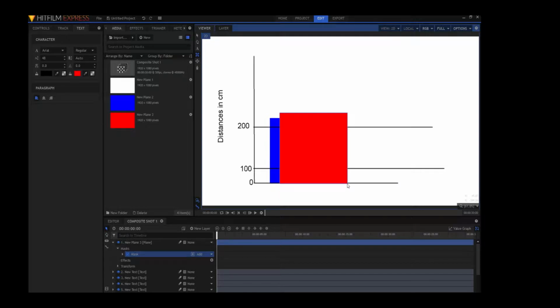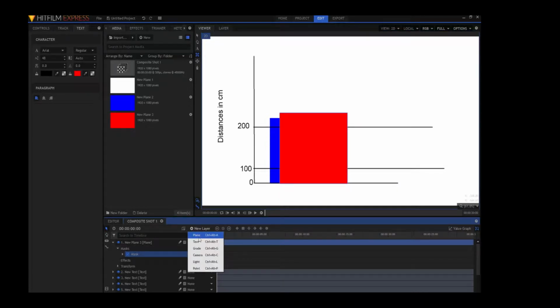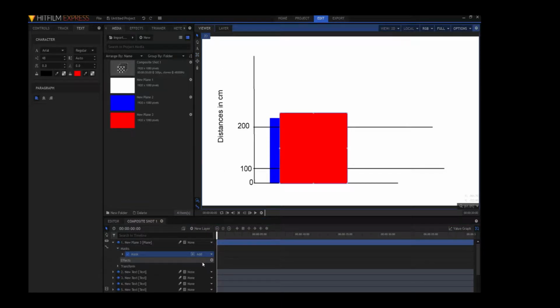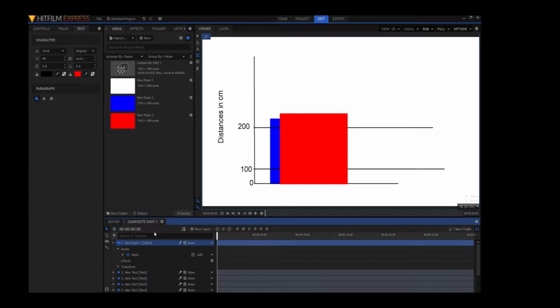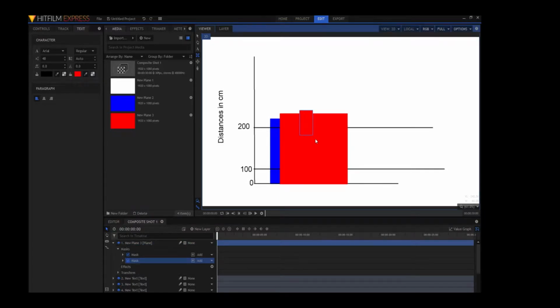Now say it's too big. I will not have to make another plane. All I have to do is get the masking tool. So now you're gonna keep it on the rectangular mask, and you're gonna make sure that the red, well, as it says here, the new plane is selected. And I'm gonna wanna maybe go a little bit higher. It's like here. And make sure you drag it like this all the way down to the bottom.